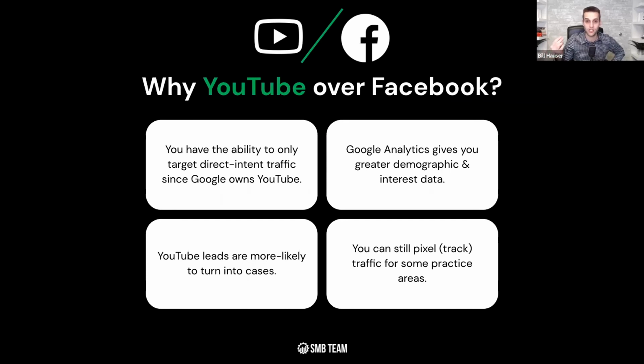So you could literally just show ads on YouTube to people who have previously, within the last however many days or hours you want, typed in car accident lawyer, car accident injuries, right? What to do, how to file for a divorce, how to file for bankruptcy, etc. It could be research terms, it could be direct intent terms. The point is you can show your YouTube ads to people who are in market for your services. This is an absolute game changer. It's the main thing that makes YouTube a better advertising platform for direct intent industries like the legal industry, like lawyers, okay?